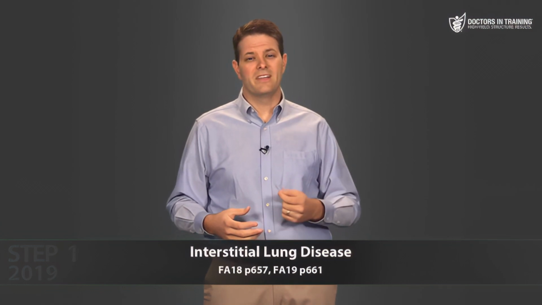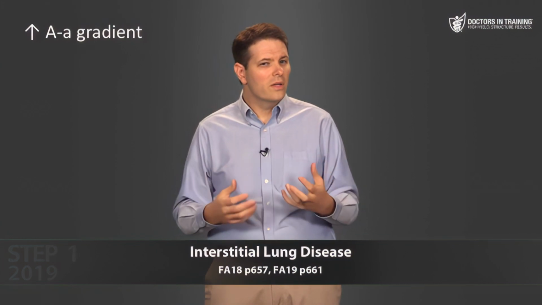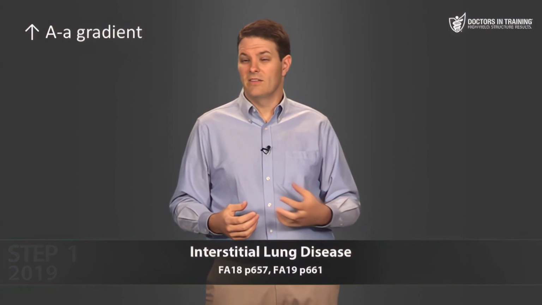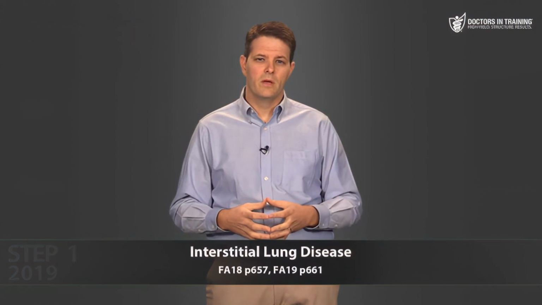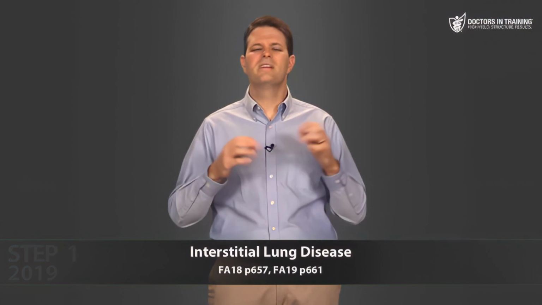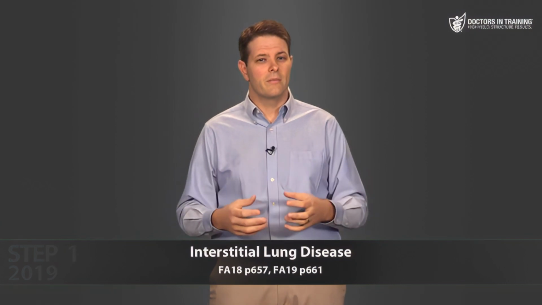And that results in an increased AA gradient. And interstitial lung diseases aren't the only things that cause an increased AA gradient. Things like pneumonia and lung abscesses and even lung cancer can do it as well. But we're going to focus on just the interstitial lung diseases right now. And there are a ton of them. So we're really only going to review the ones that you're most likely to see on your exam, starting with